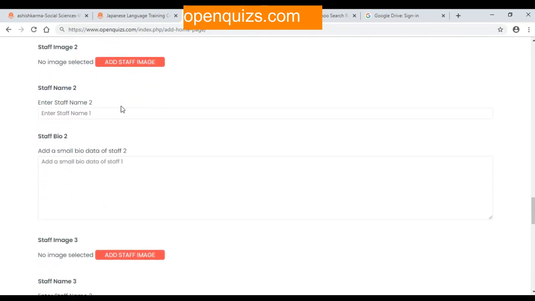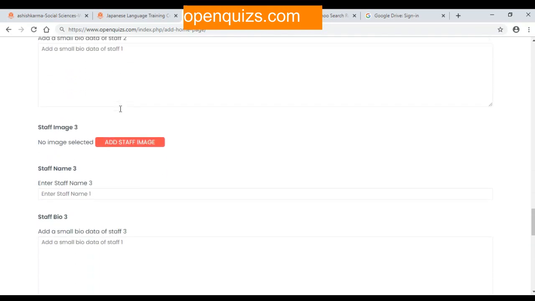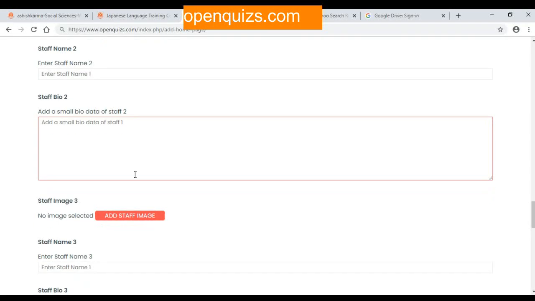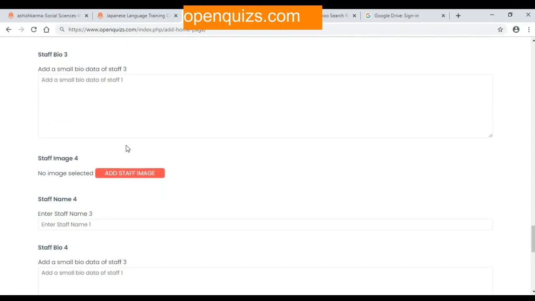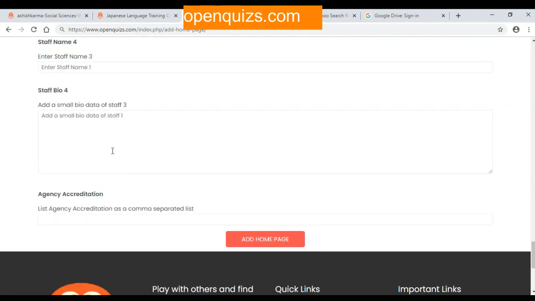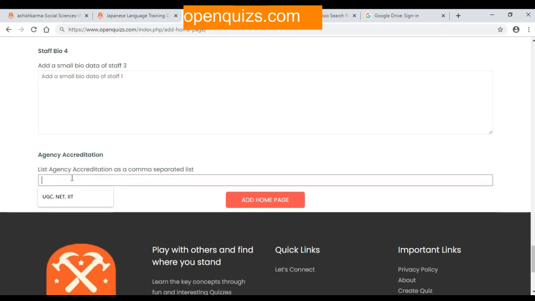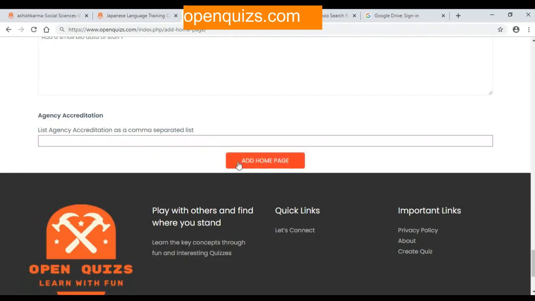Okay, you get an option to add 4 images. Staff one, you can put their biodata also: what they do, what they have been doing recently, what their interests are. You can put 4 biodatas of the people who are teaching. Then any accreditations. Like if your institute is UGC granted, or if it has any certifications, you can put them, and just press the add homepage button, and your institute would